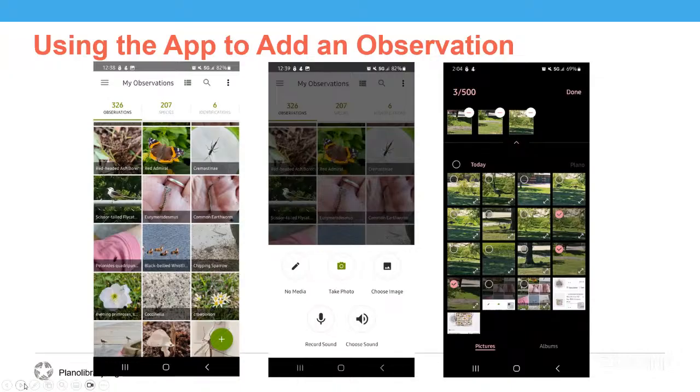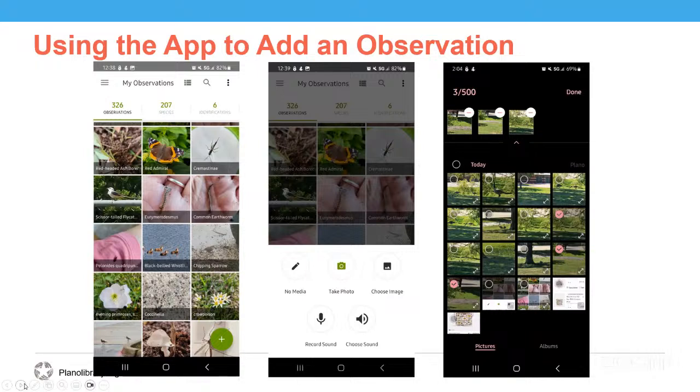So if I have submitted several observations of a scissor-tailed flycatcher, it's going to make the number go up under observations, but once I have submitted my second scissor-tailed flycatcher observation, it's not going to add to my species count. And then it will also give you on the far right the number of identifications of other users' observations you have made.